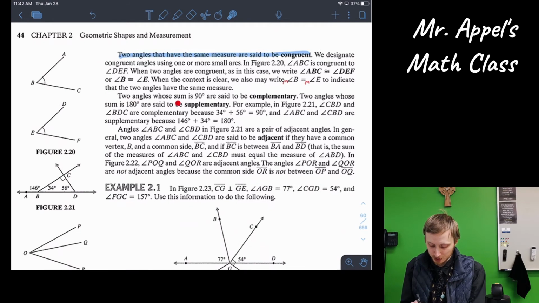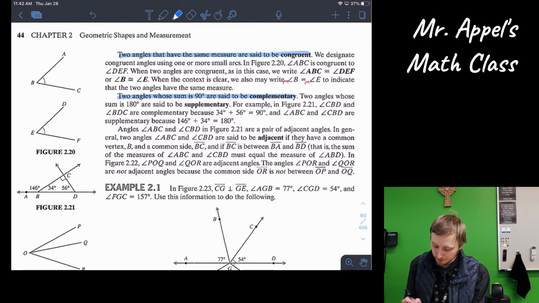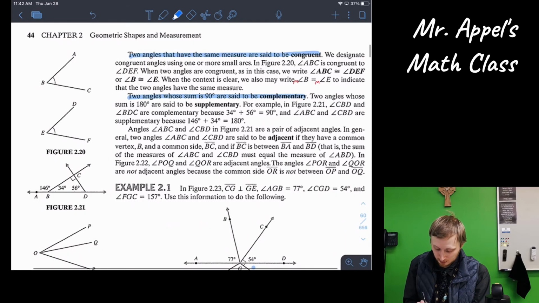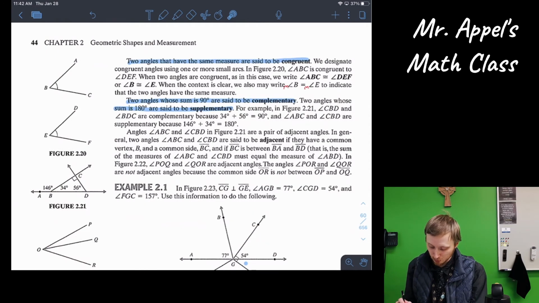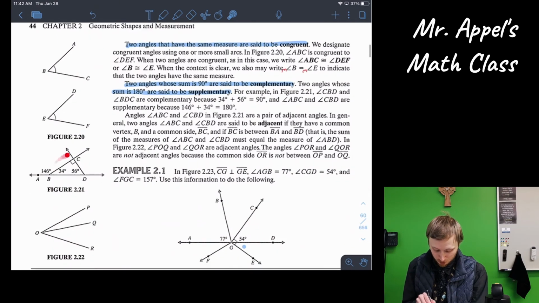Two angles whose sum is 90 degrees are said to be complementary. Very handy term. Two angles whose sum is 180 are said to be supplementary. For example, in figure 221, shown here, angle CBD and angle BDC are complementary because 34 plus 56 equals 90